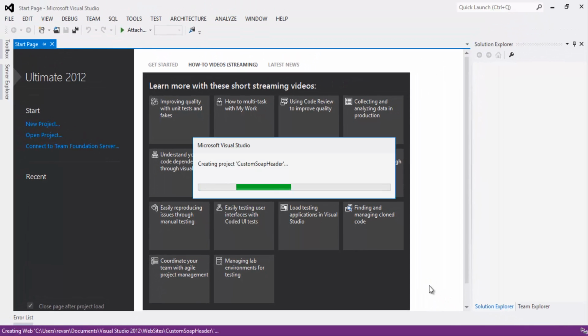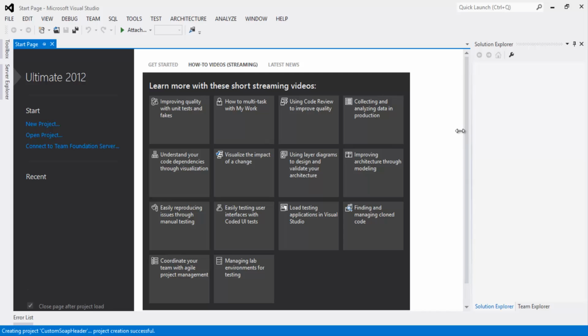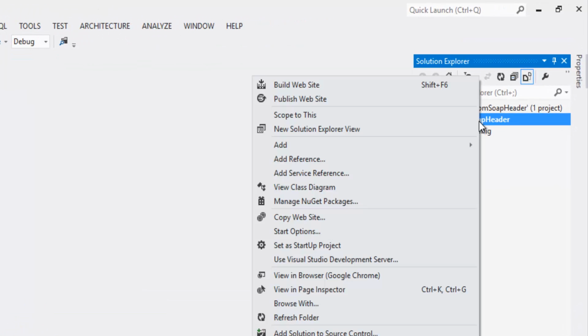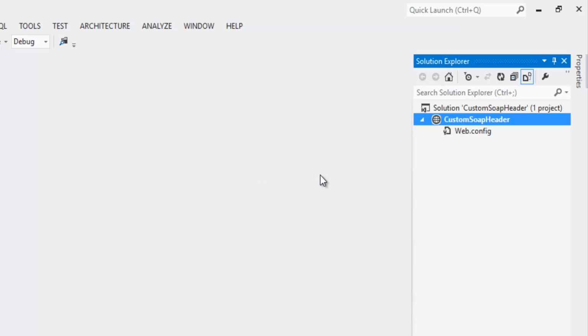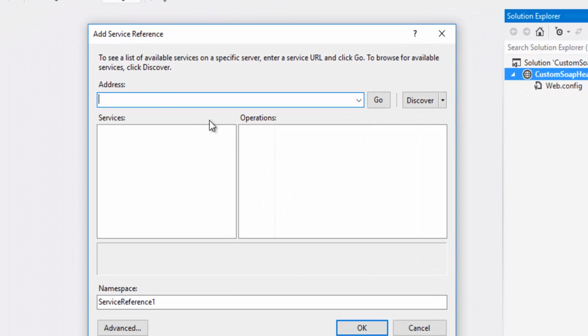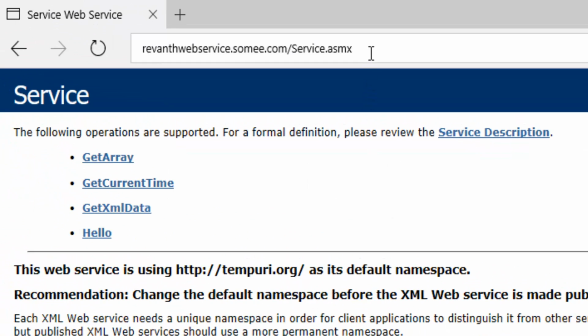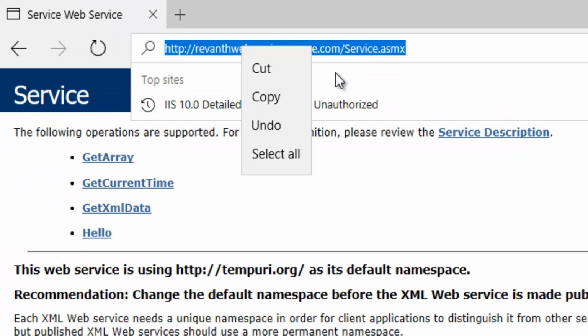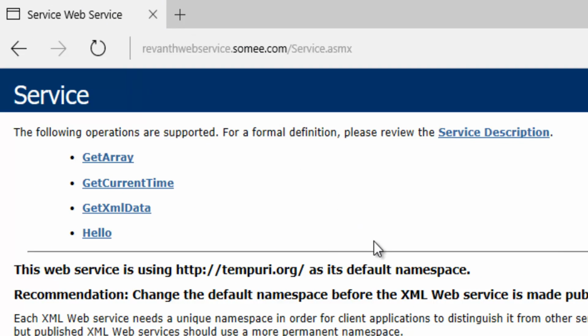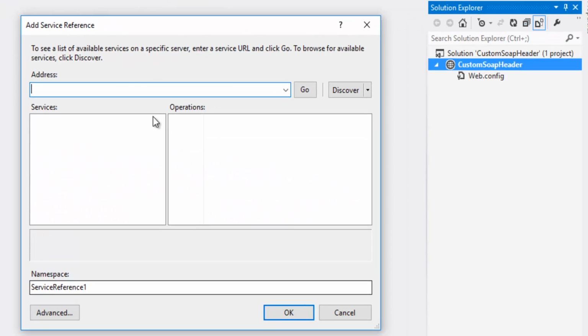Once the project is created, let's right click on the project, click on Add Service References. Here we need to pass the web service URL. Let's copy this URL and paste it here.